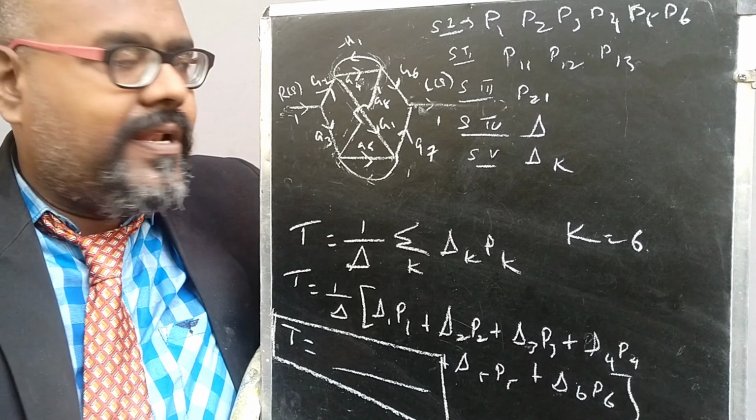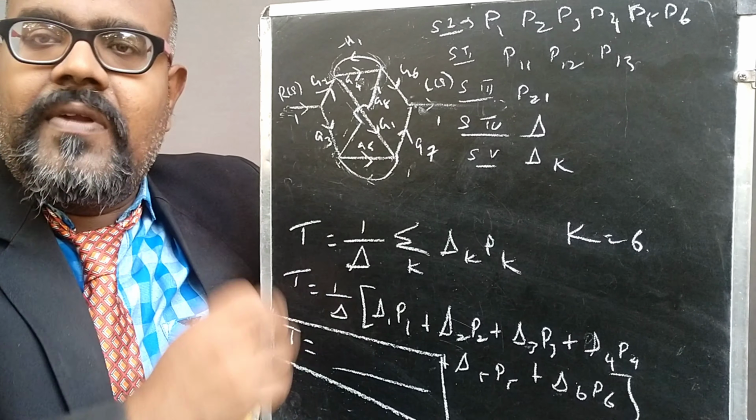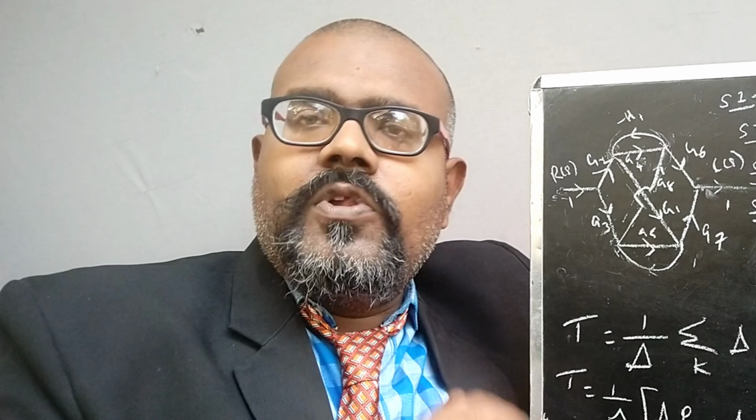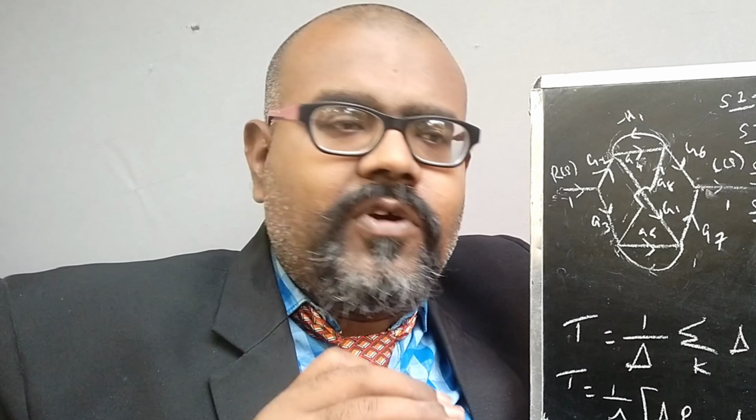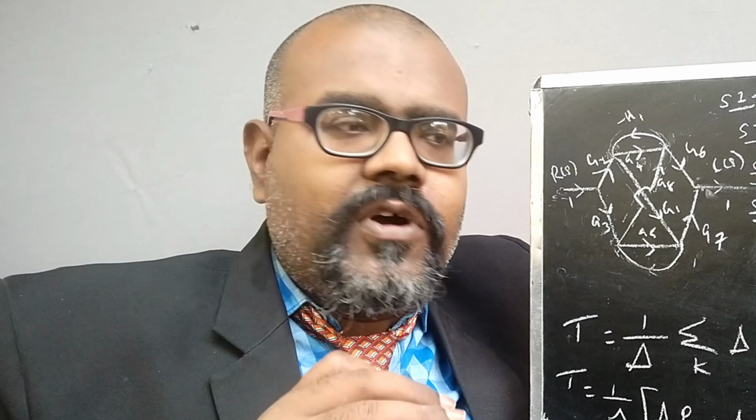If you calculate the forward paths correctly, then the individual loops and the pairs of non-touching loops also come automatically. So give importance to calculating the forward paths. Don't miss any forward path from the system. So I will conclude the topic today. Of course, you are all well aware of the steps of the signal flow graph. Whatever the sum may be, however difficult it is, don't worry about it.